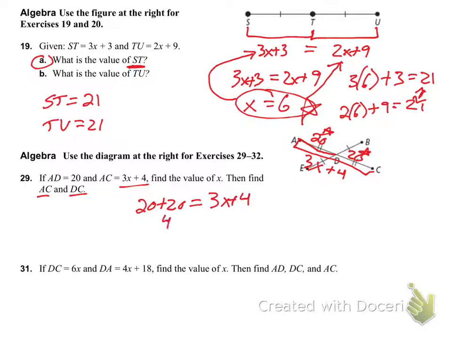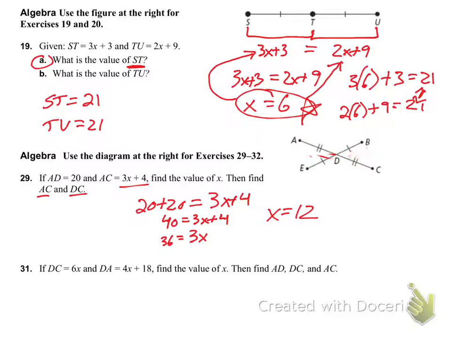So I'll have 40 is equal to 3x plus 4. Then I'll minus the 4 on each side. I'll have 36 is equal to 3x. I'm going to divide by 3 on each side, so then x is going to be equal to 12. So then, knowing that x is going to be equal to 12,